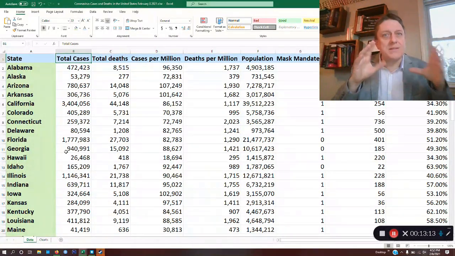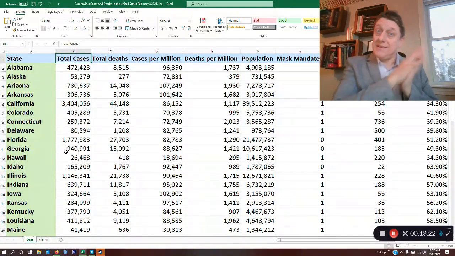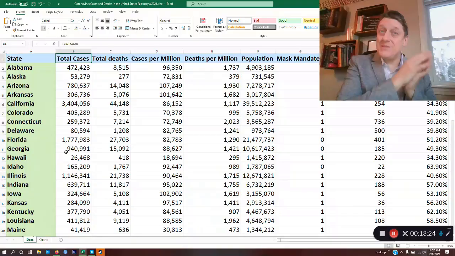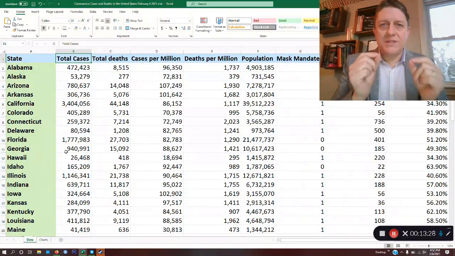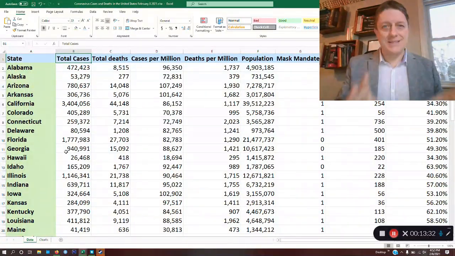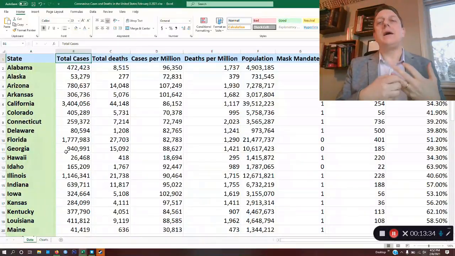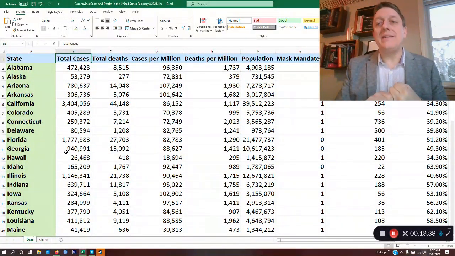Why do I use ones and zeros? Well, it has to do with the magic powers of ones and zeros. Any number times 1 is itself, and any number times 0 just goes away. For that reason, people who engage in social research and create data sets like these use ones and zeros to indicate yeses and nos. 1 is yes, 0 is no.